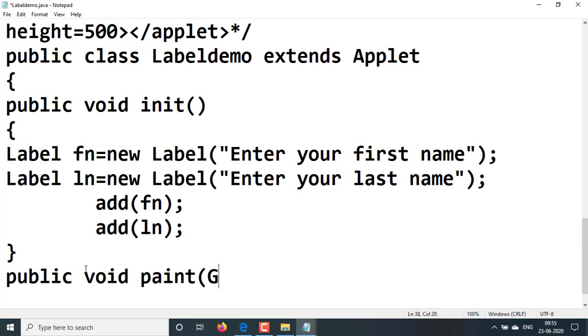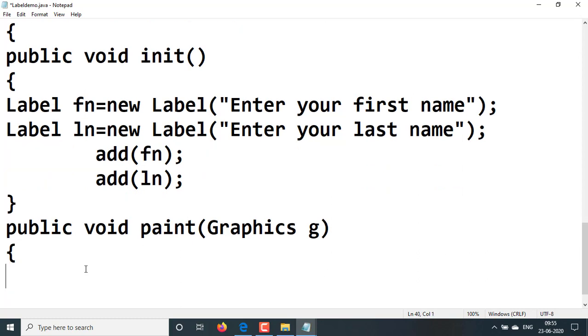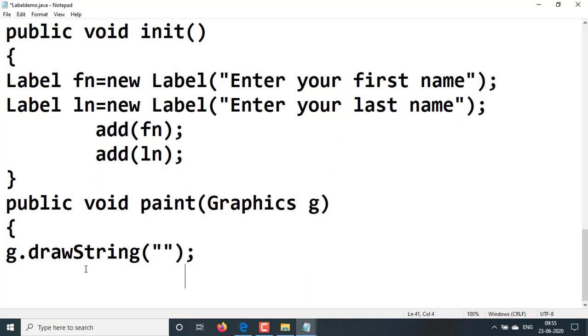We need to pass the parameter Graphics g, Graphics space g as its object. Next open this paint method. Here we can write g dot drawString into bracket message. You can write the message like this.